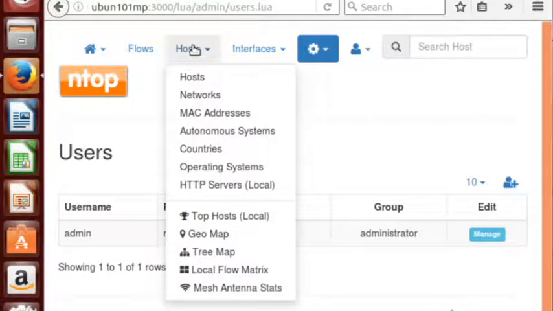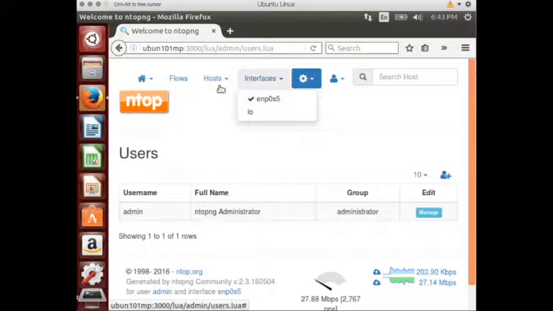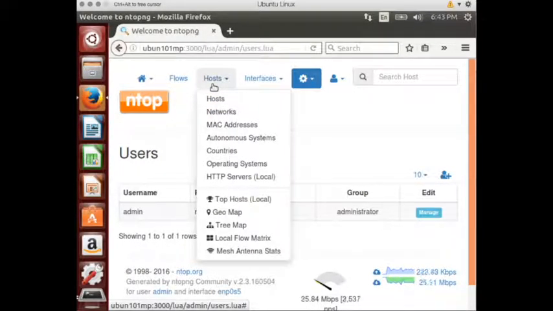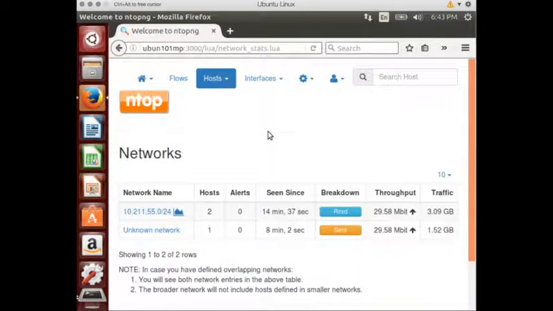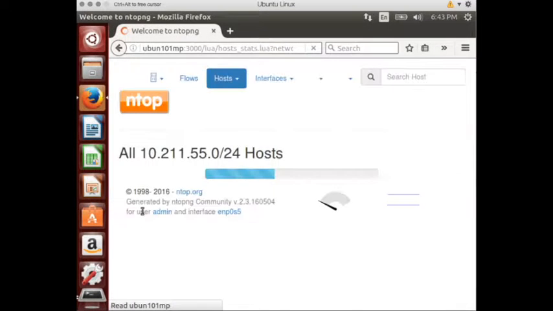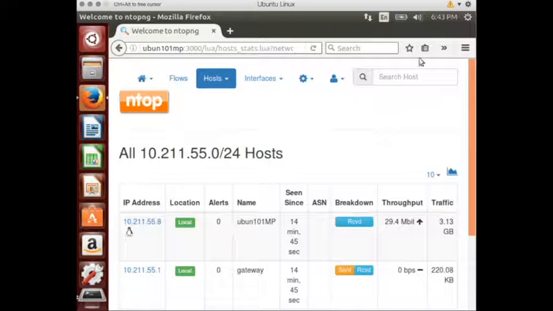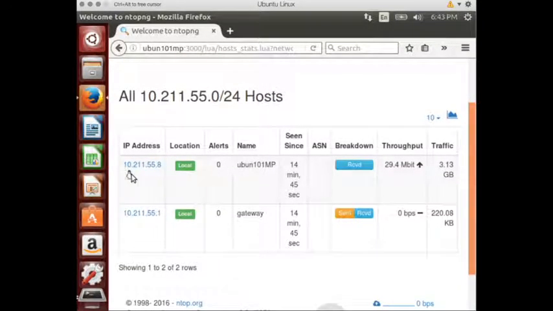Next, show how it masks the networks and how it groups all the stuff. So if we go to hosts and networks, it can show us all the hosts that are currently on our network. This is our internal network used by Parallels. As you can see here, there are currently 2 hosts, which is the gateway and then the host world right now,